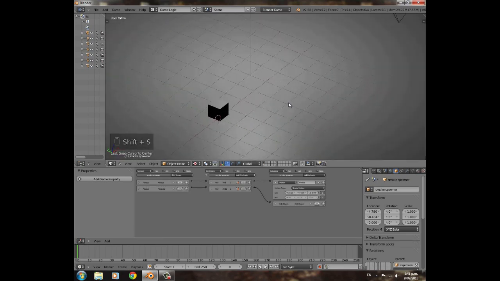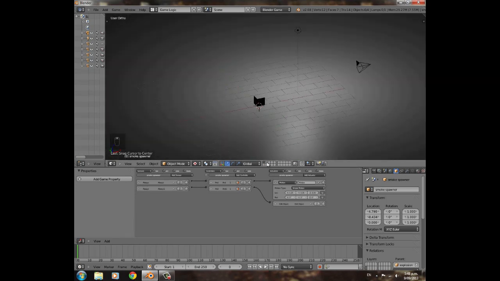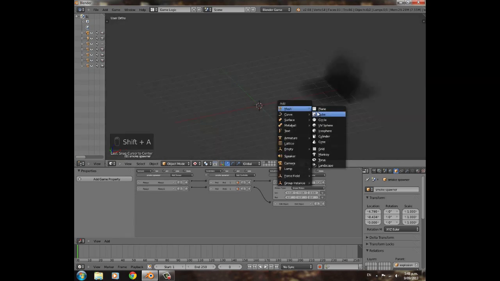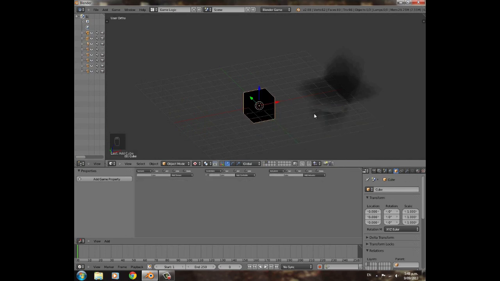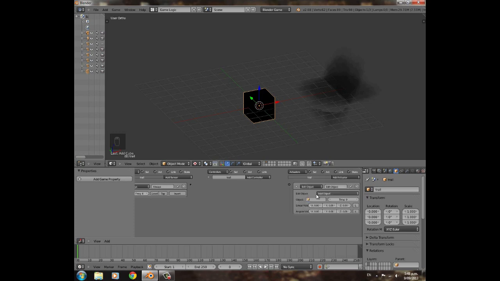I'm going to press Shift S, cursor to center again, and now we're going to add the trailing off bits of smoke. So we're going to go to layer 2, press Shift A, and add a cube. We're going to call this trail. Then we're going to add an always sensor with a delay of not that high, 4, and edit object and smoke. So you can press S and select smoke and join that, and end time of 60,